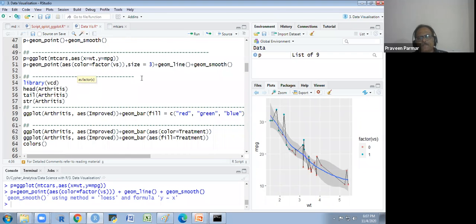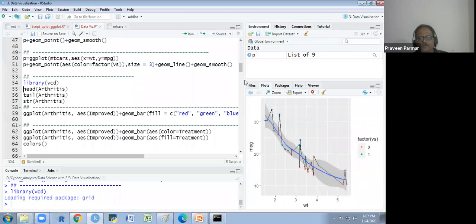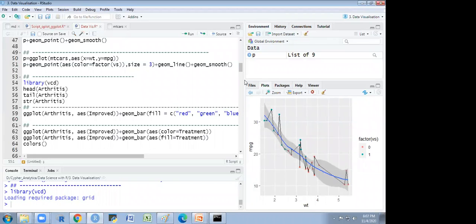Now, I think you all know the arthritis data set. How many of you don't know? Still I am not able to get this arthritis file. I don't know what happened.